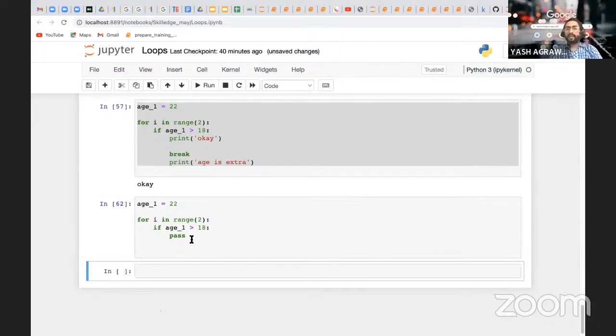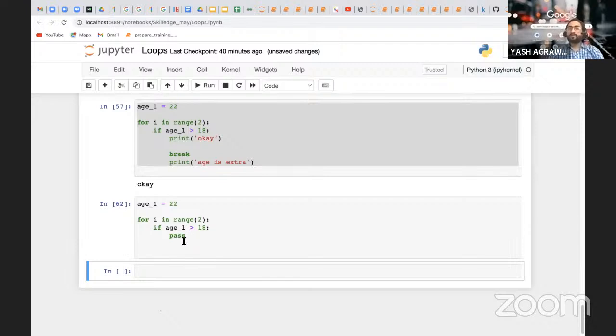So what does that pass do? Pass just holds your code, holds your statement, and whenever you have the right value, you can put it. Okay. तो pass का काम क्या है? Pass का काम ये है कि जब भी आपके पास कोई right value नहीं है available at that time, तब आप pass लिख दो. और जब भी आपके पास right value आएगी, आप pass को change कर दोगे right value से. Okay. So this is how your pass function works.